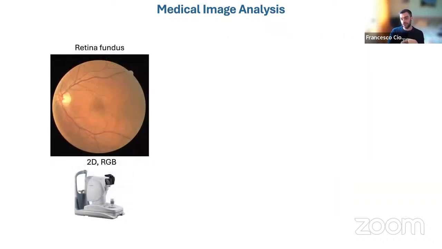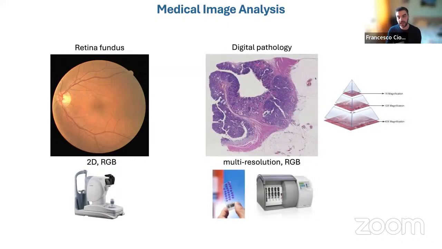It's not all grayscale, black and white, boring images. There is also some color in medical images. For example, you can have retina fundus images, which are actually pictures of the back of your eye, like this one. And then it's used to diagnose diseases like diabetic retinopathy, for example. There was also a very popular challenge a few years ago on Kaggle about diabetic retinopathy. And then this is another colorful space.